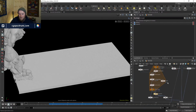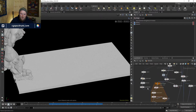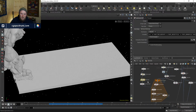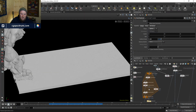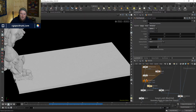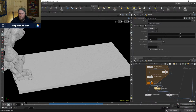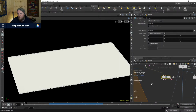So if you didn't quite follow it, maybe go back and have another look and see if you can understand what I was doing there, because it's a good technique, and good to understand how this stuff works, so that you can manipulate it and make it do what you want to do, instead of just relying on the nodes that are provided. But yeah, anyway,